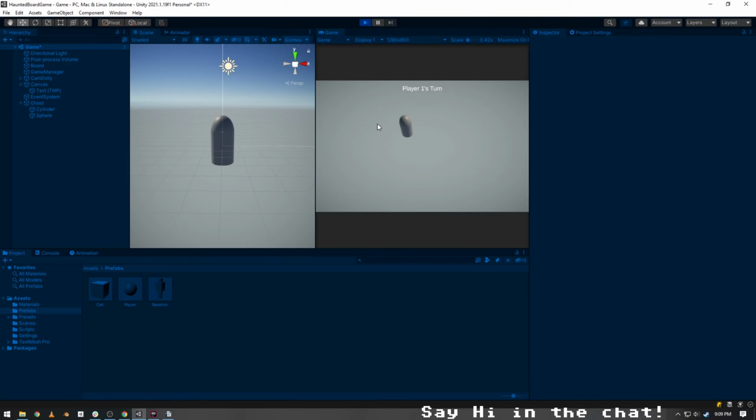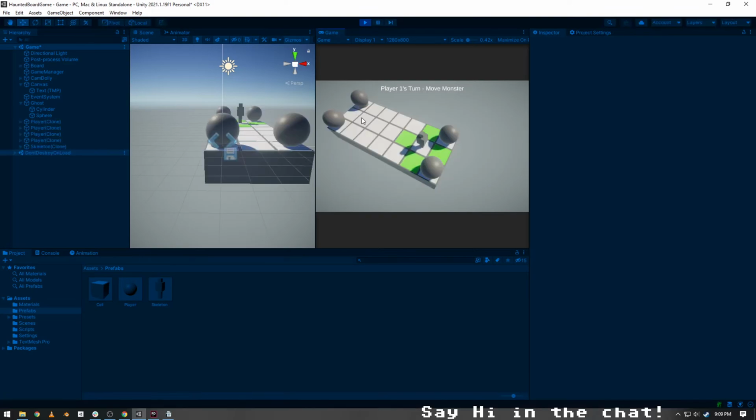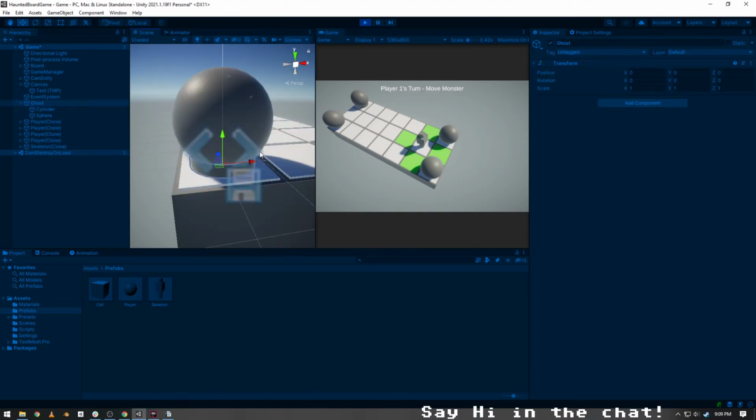Make him a skeleton zombie. So like chunks of flesh hanging off of him. That'd be cool. Where is our ghost? Slide you over. That's not a great looking ghost, but